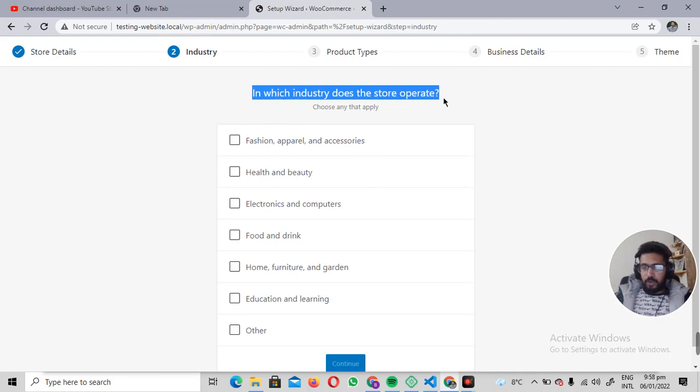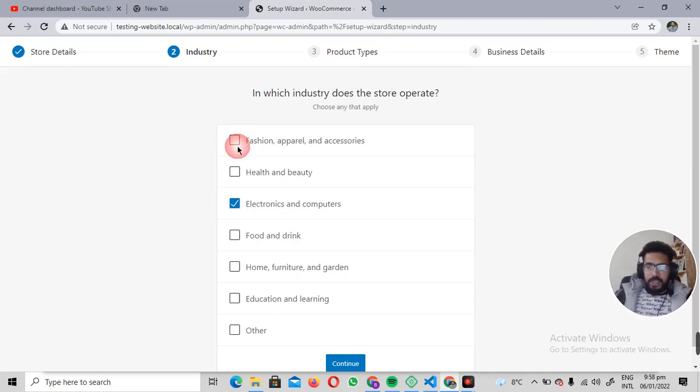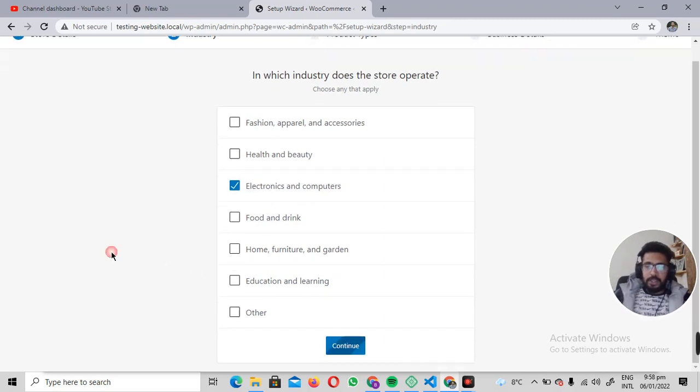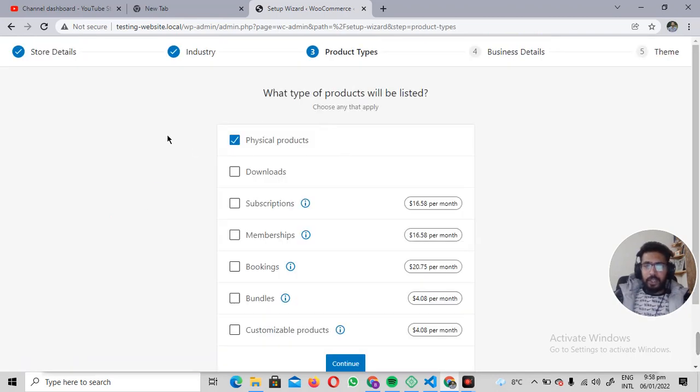you are going to sell products of. For the sake of example, I'm going to select electronic components, but you will select the option that most suits the kind of products that you are going to sell on your WordPress website. Select it and click on Continue, and there we have a few